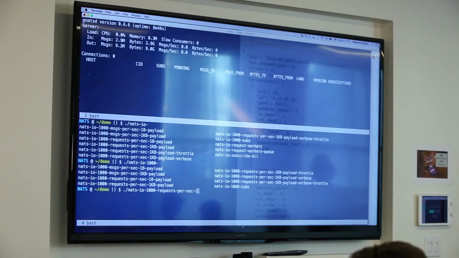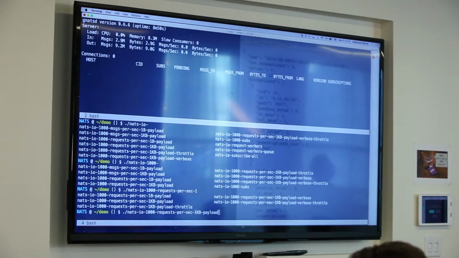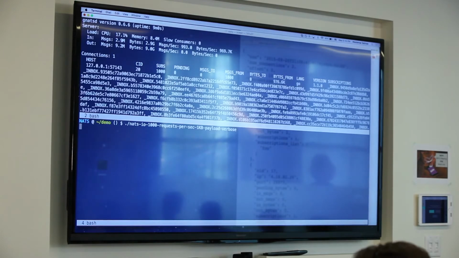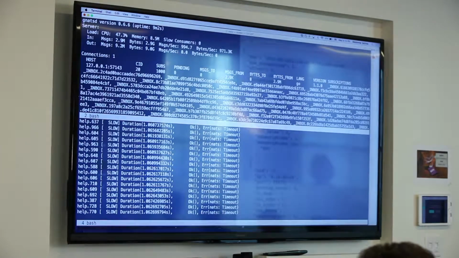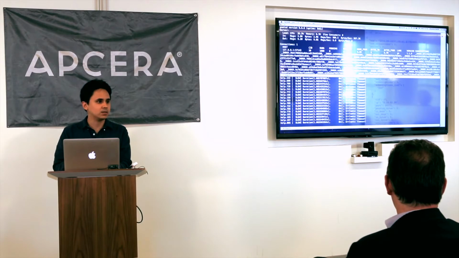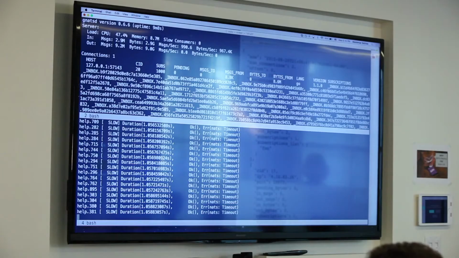And requests per second with 1 kilobyte. I'm going to make this verbose. So I have 2 clients, one that basically gives me more details of what's going on and one that doesn't. Each one of the requests from this client is going to time out after 1 second, right? So you can see